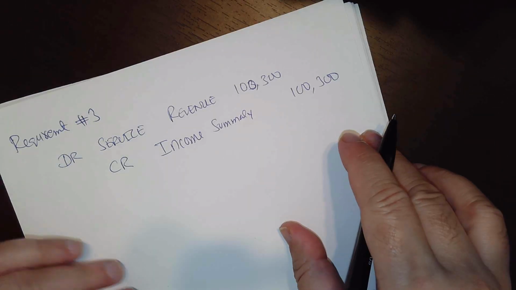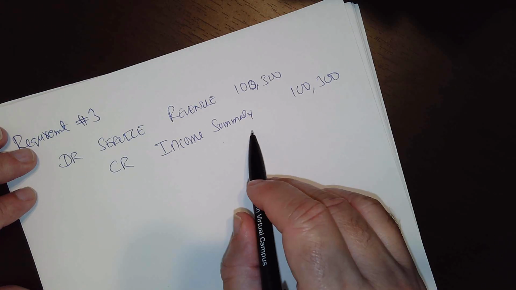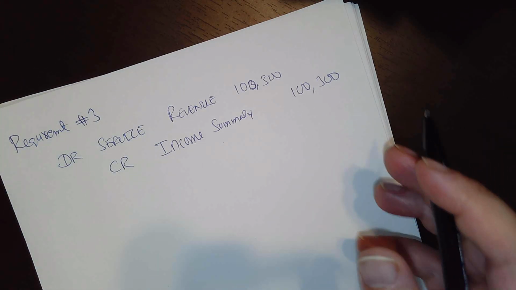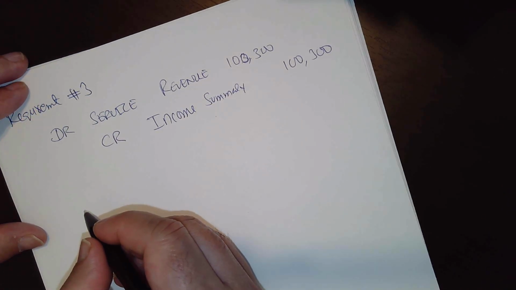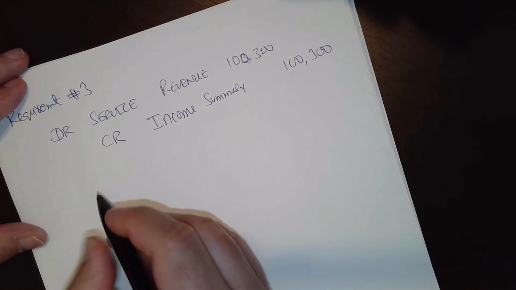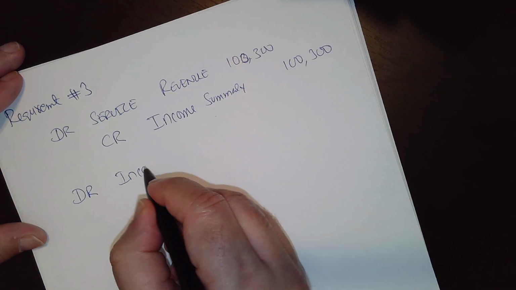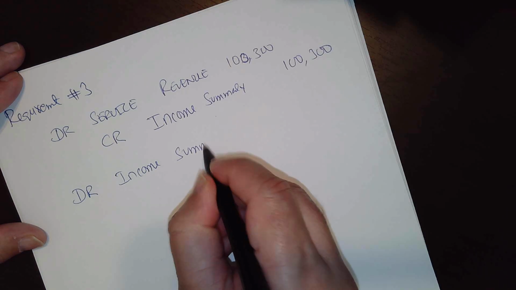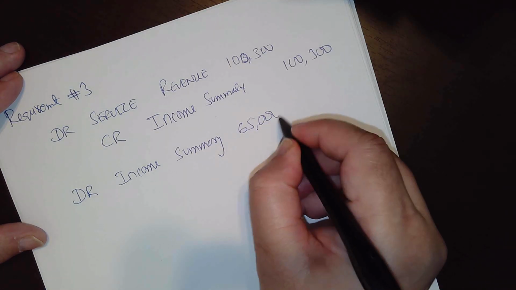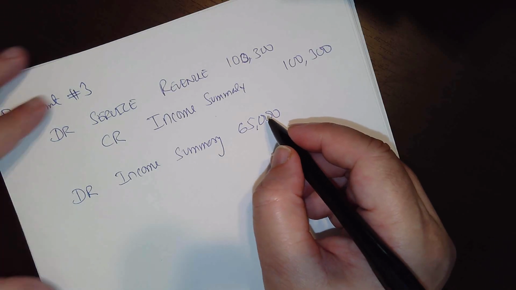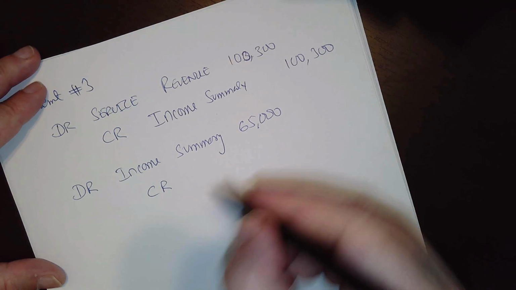So when we are closing our revenue, we close into income summary, we credit this, and I'm going to show you further so that you will understand. And then when we close all the expense accounts, we debit the income summary account for the total expenses of $65,000, which we have already calculated, and then we credit all the individual accounts